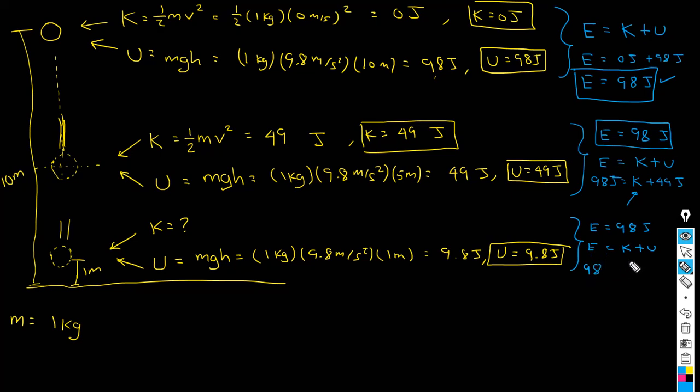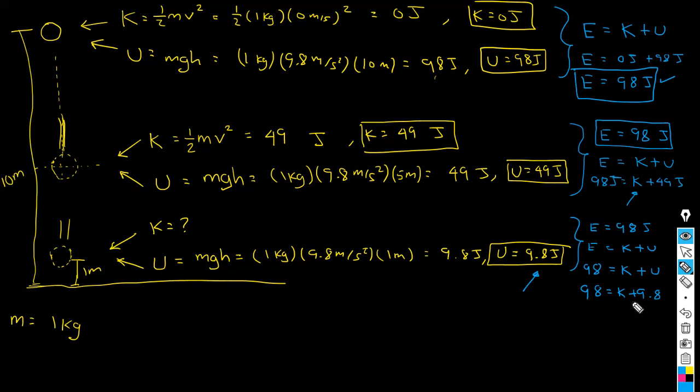I'm going to ignore the units because otherwise I'm not going to be able to fit the equation. 98 joules equals the kinetic energy of the particle at this position plus the potential energy of the particle also at this position, which we know to be 9.8 joules. So let's substitute. 98 equals K plus